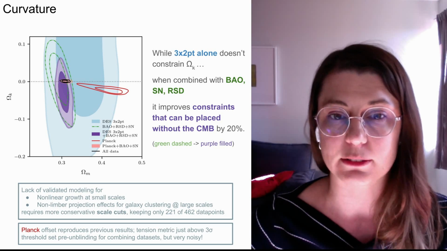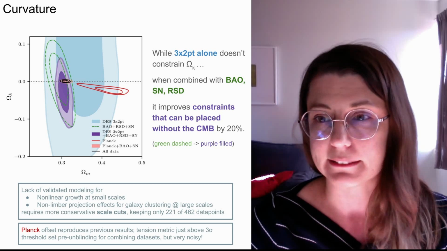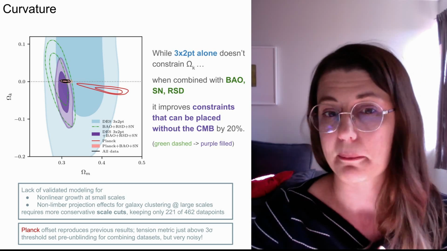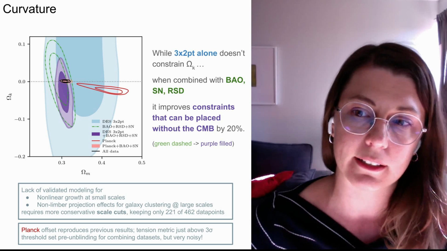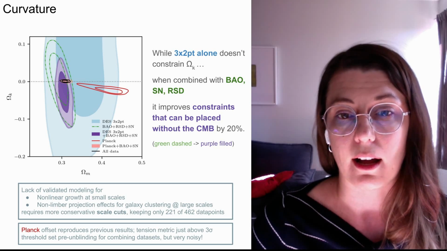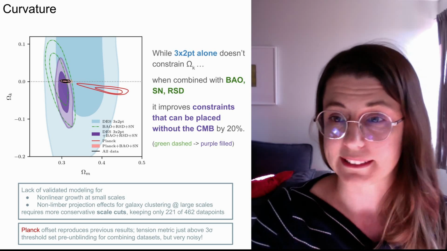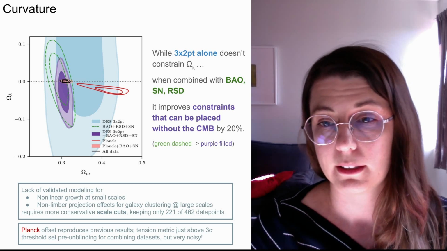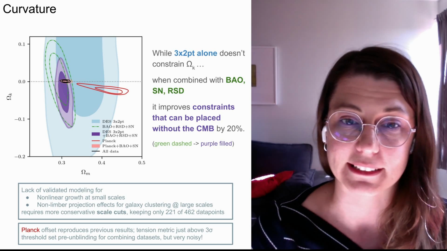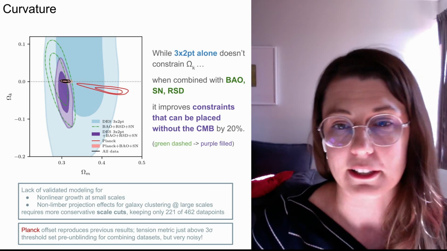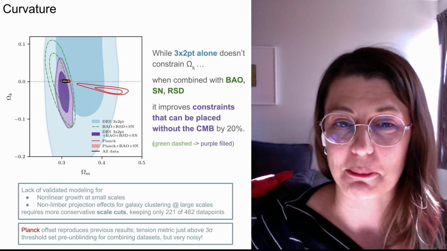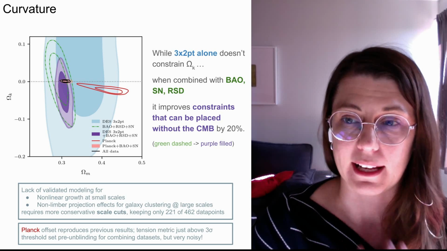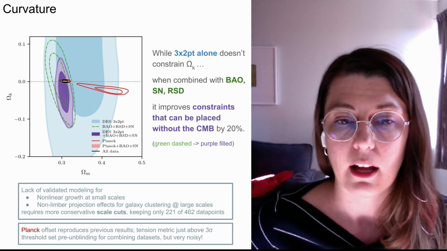So this is another case where, while the galaxy clustering and weak lensing data doesn't do a ton here on its own, and maybe compared to the combination of all external data doesn't really tighten constraints, it does allow for some extra robustness and redundancy at looking at how these constraints change when you leave in or out different data sets. The main outline here is that the constraints seem to be compatible with flatness. And then as Agnes alluded to earlier,